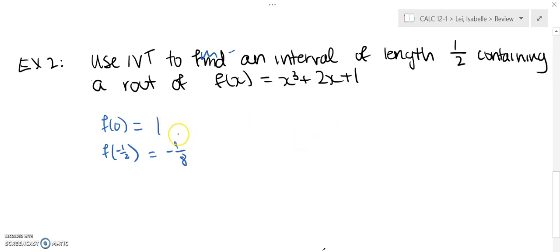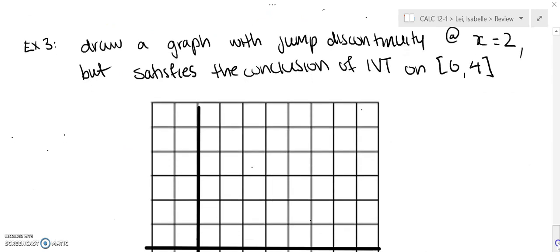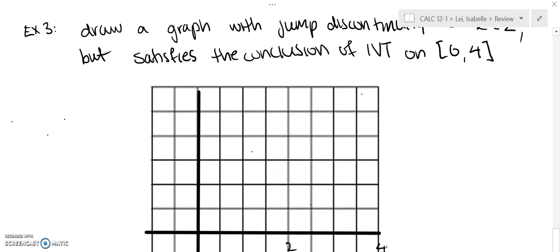So then because they have opposite y value signs, corollary 2 does guarantee that f has a root on negative a half and 0. And the third and final example